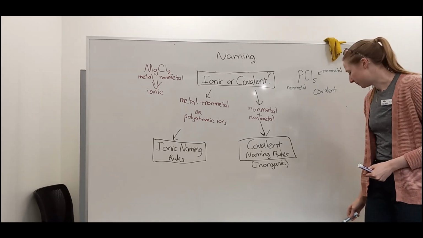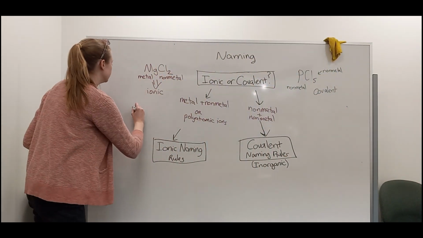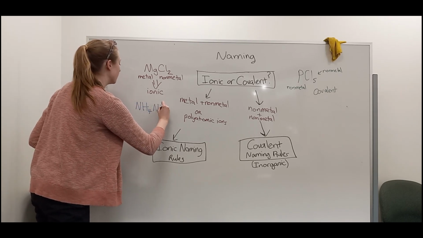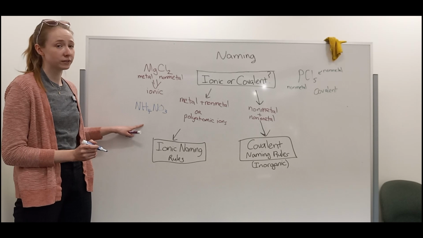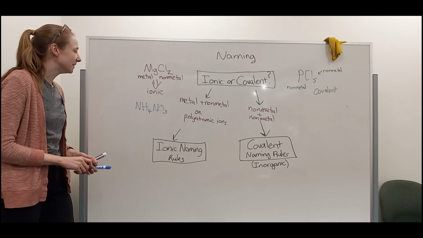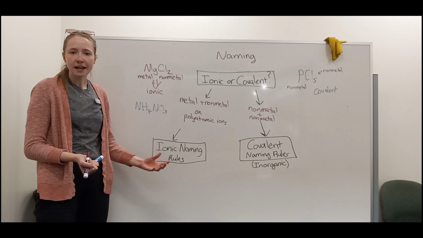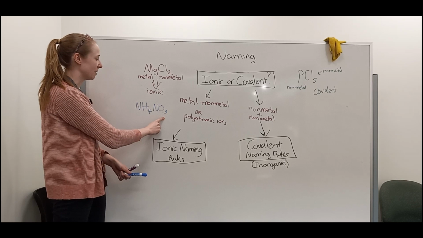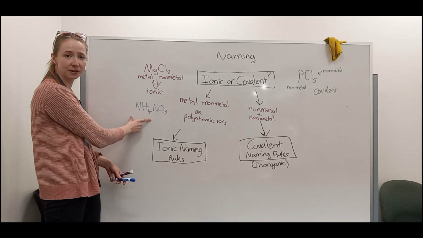Let's do one more example. So the last example I'm going to do is going to look like this. NH4NO3. So you might be looking at this and thinking there's more than two elements in this compound, and you are correct. However, what we're looking at here is a compound that's made up of two polyatomic ions. So if you have a table of polyatomic ions, if you do see a binary compound that has more than two elements, you know you need to be looking for some polyatomic ions so you can compare it to your table and